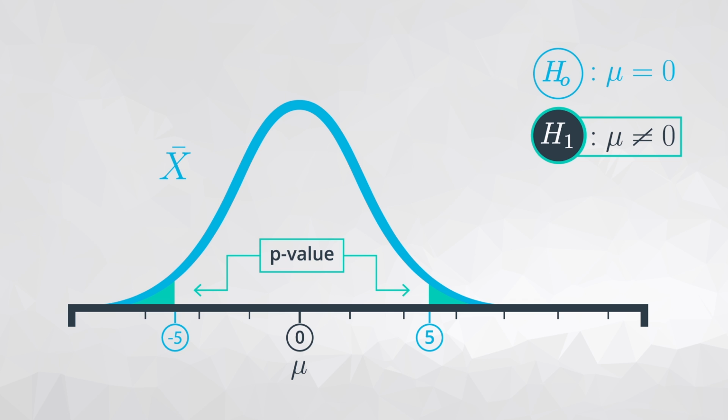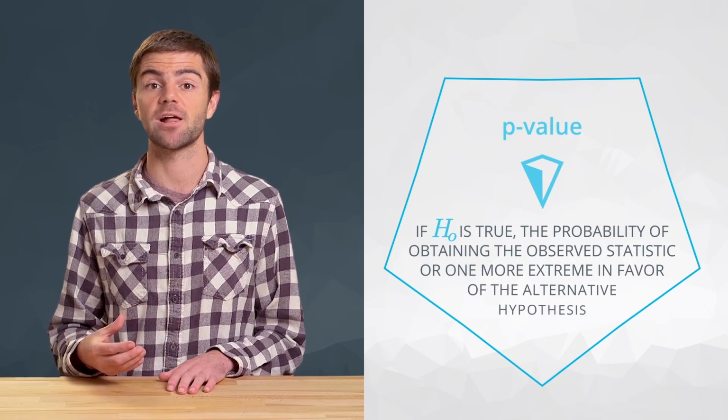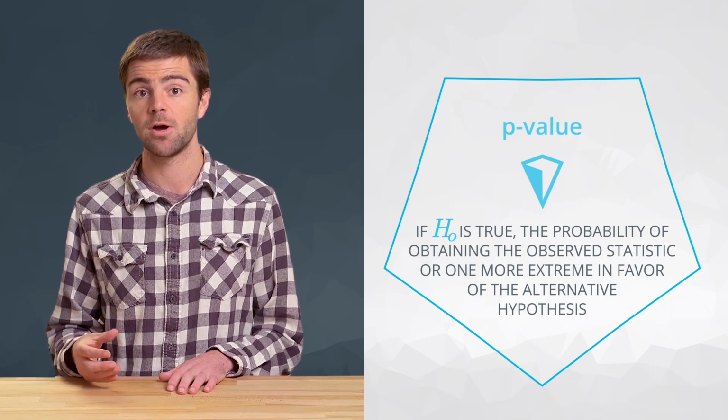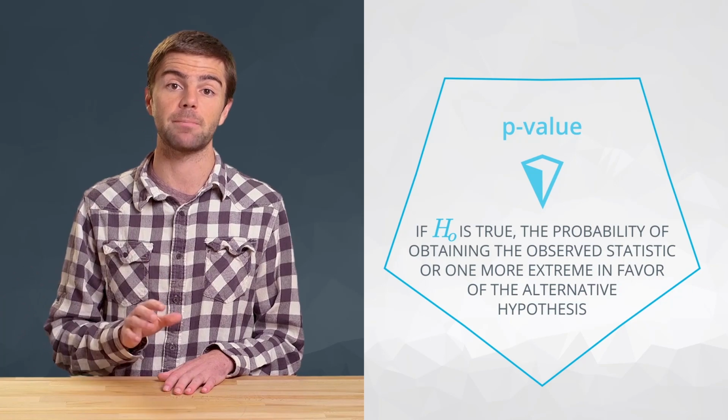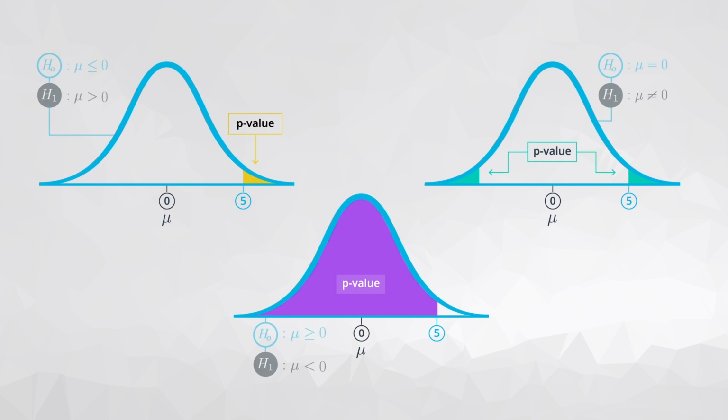This often takes people a while to wrap their heads around, and there are two parts to understand. First, you have to fully conceptualize the definition of a p-value, which is the conditional probability of your data given that the null hypothesis is true. Then you need to figure out what to compute, which is visually summarized by these three images. You will get some practice with both of these before moving on and applying the ideas of a p-value to make decisions.